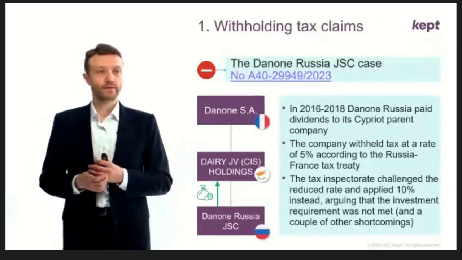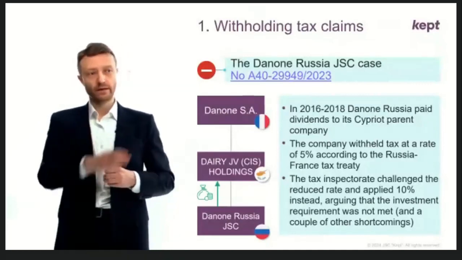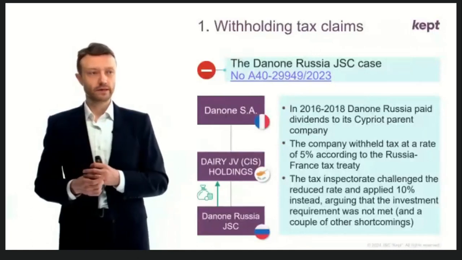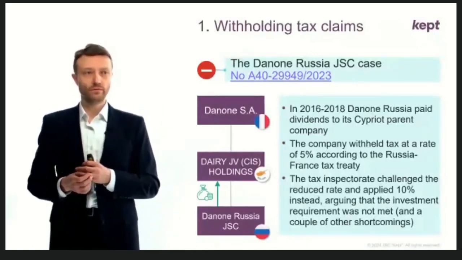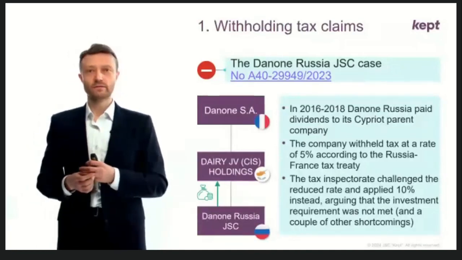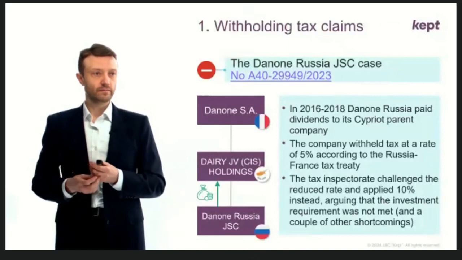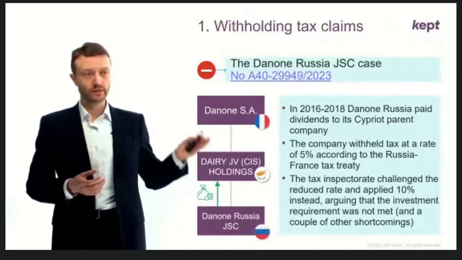This is why, from the very beginning, a tax treaty between Russia and France, where the ultimate parent company was located in France, was claimed, and this treaty allows for 5% withholding tax on dividends. But the tax inspectorate didn't agree, and the reason mainly was because the double tax treaty between Russia and France,